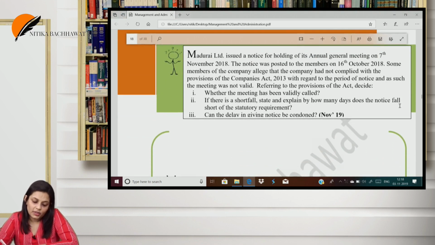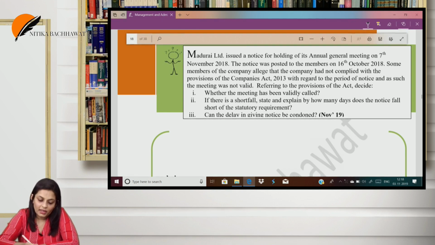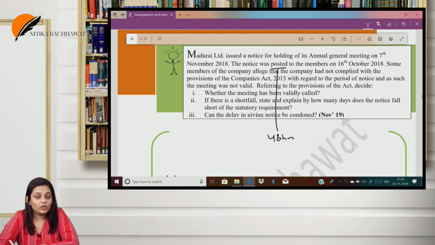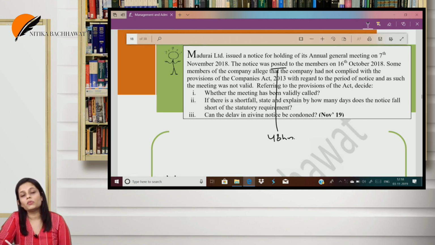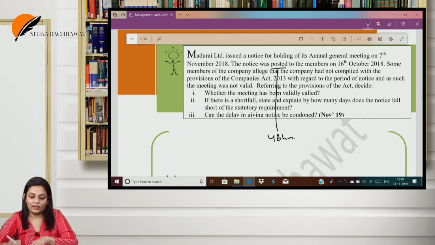Madurai Limited issued a notice for holding its annual general meeting on the 7th of November. The notice was posted to the members on the 16th of October. It was posted, so we need another 48 hours. On 16th October it was posted. So it is a 21 clear days notice. That means we exclude the day of posting and the day of the meeting. So how many days in November? 6 days in November we are getting, and 17, 18, 19, 20,